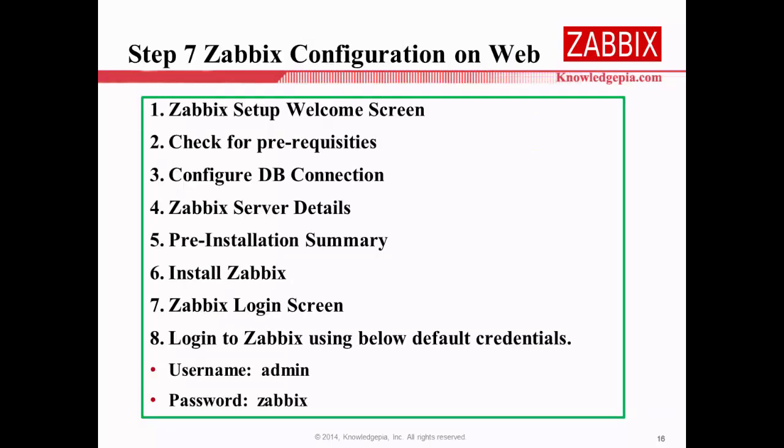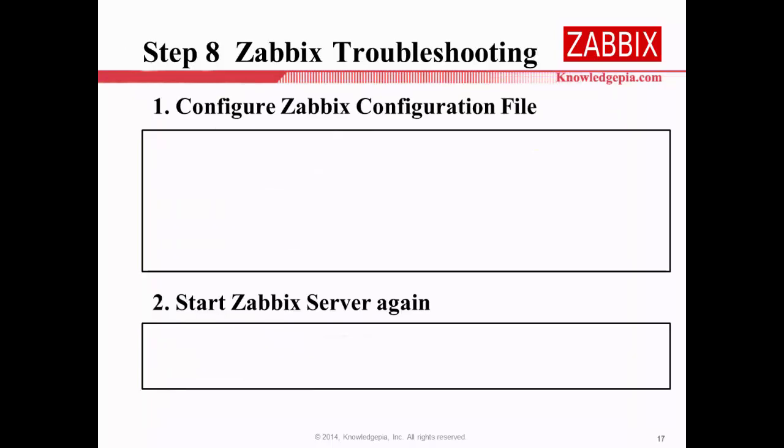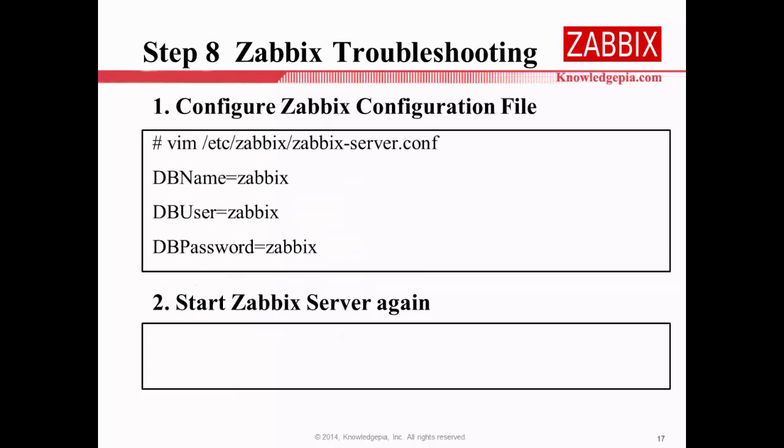If you are successful to access the web interface, then in this step, you need to set up these configurations, especially in number 8. When you log into Zabbix, you have to use username Admin and password zabbix. Then you will be successful to access using these default credentials. After you configure Zabbix, maybe if you check the log file of Zabbix, you will find some error message. Then in this case, you need to configure this configuration file.